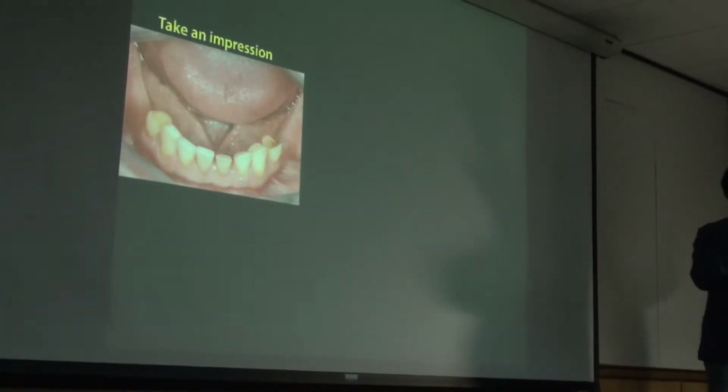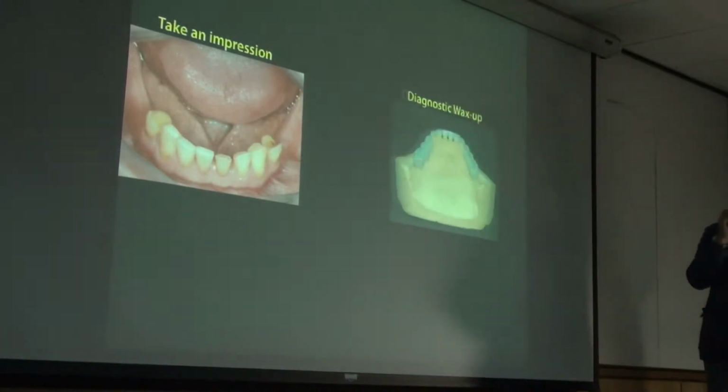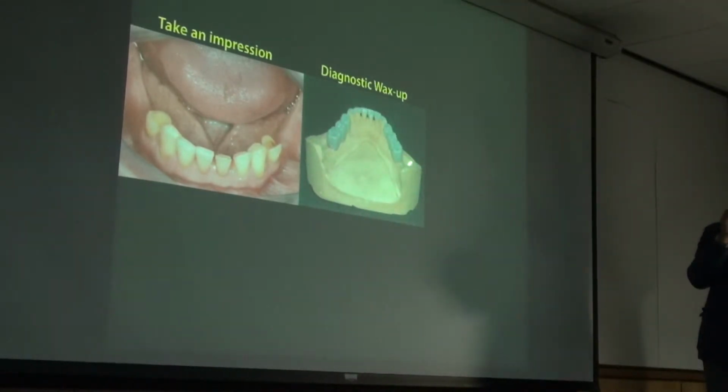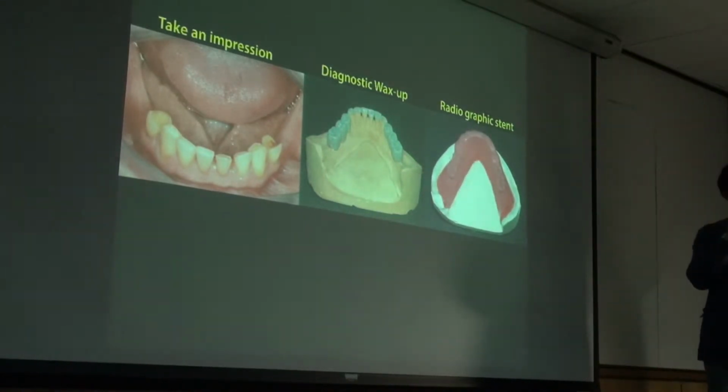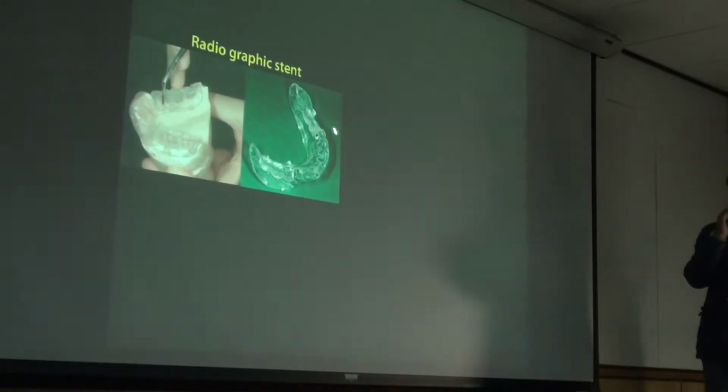Actually, this is the Nobel Guide system. Their system is like this. If you want the Nobel Guide, when the patient first visits, take the impression and send this impression to the laboratory. And in the laboratory, they make the manual diagnostic wax-up, and then duplicate the wax-up like this. After that, they make some radiographic stent, and they put in some marker